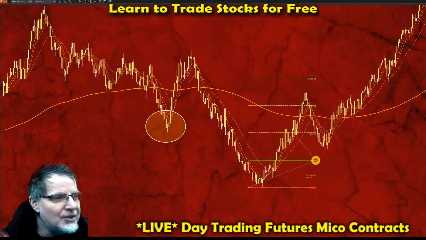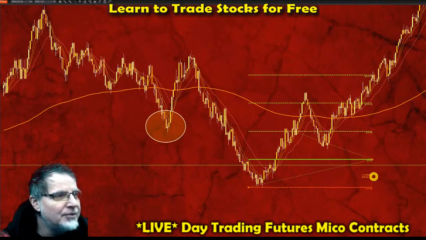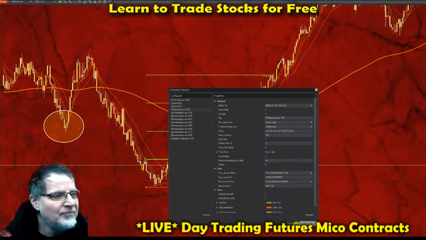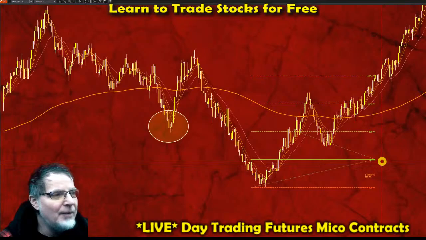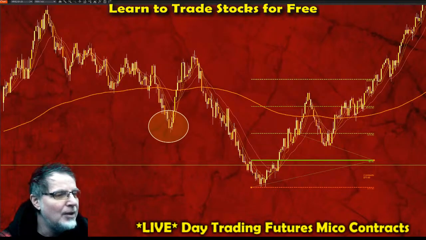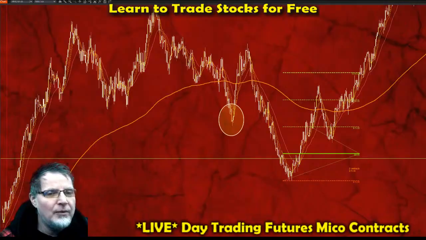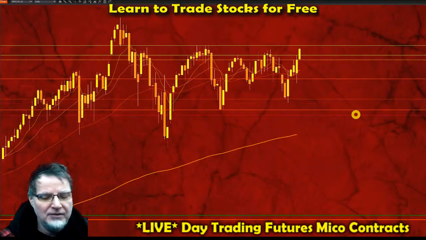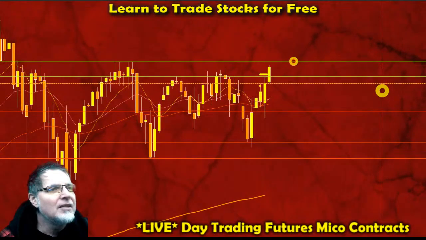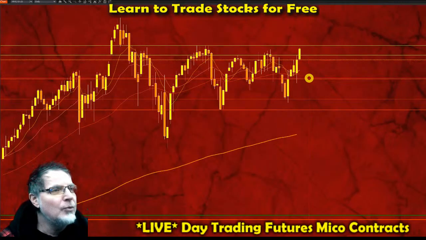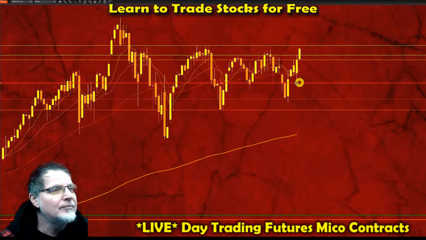$40 risk. And look at that move. 120 with 3R. So that's how I would have played that. That is my strategy. That's what I like to do. I've used highs and lows and closes of the previous day. That's why you always see those marked out on my charts. Always the high, the low, and the close of the previous day. Great opportunities on that.